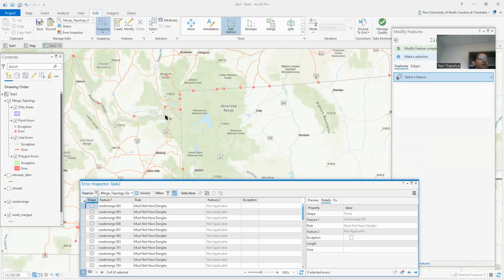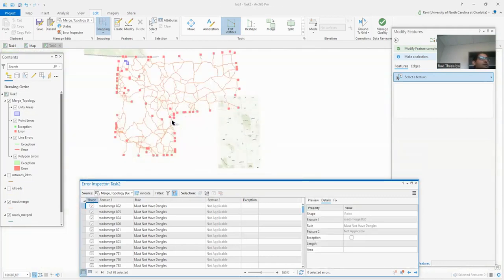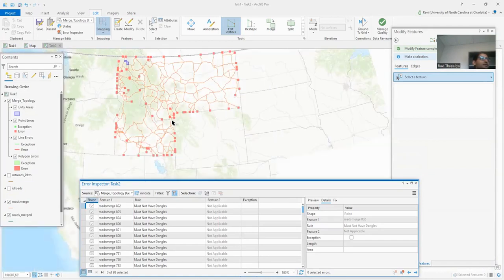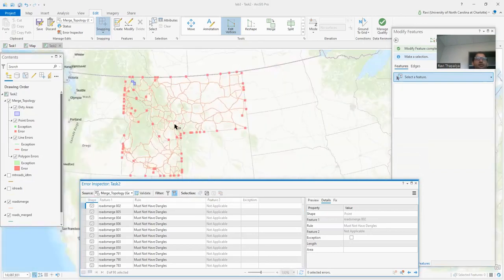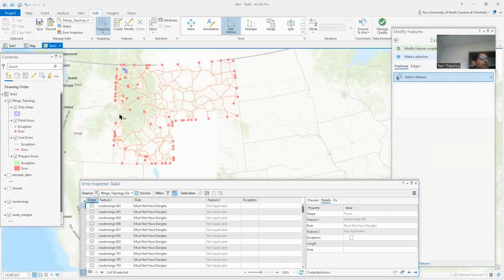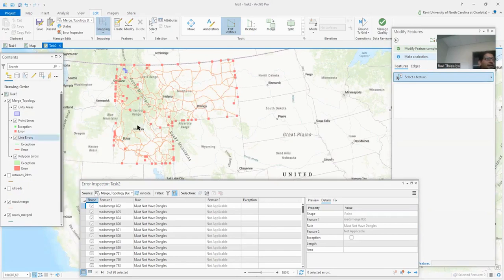If you compare that to your first validation, where you had 16, make sure you fix all the errors, and then you will be able to have them corrected. And then with the error inspector open, showing that there are 86 records after you have corrected all those errors,